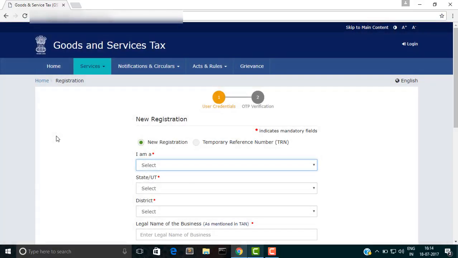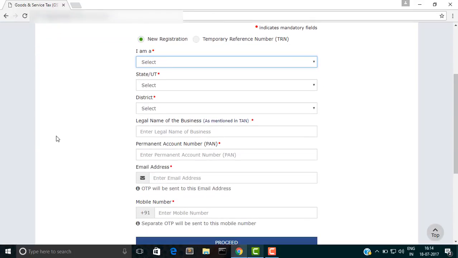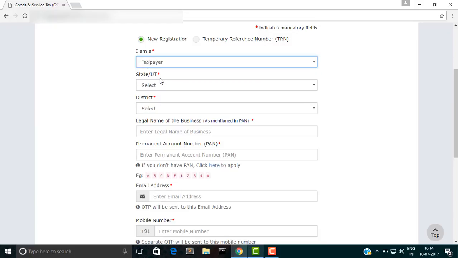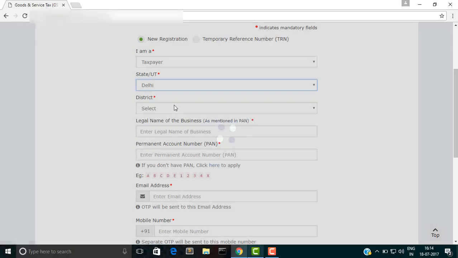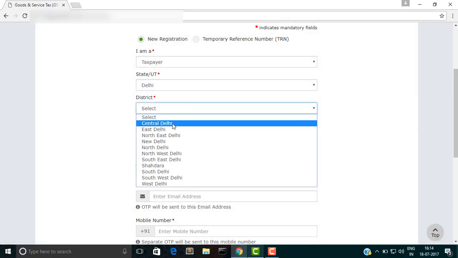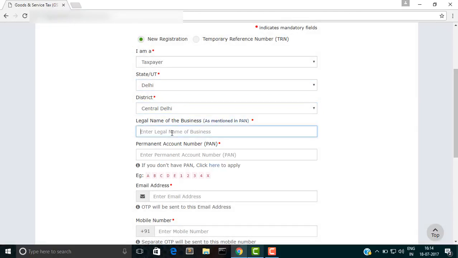Once you click that, a new form opens. So as you can see here, you choose this radio button to opt for a new registration. Let's say you're registering as a taxpayer in the state of Delhi. Choose your district, enter the legal name of your business, enter your PAN number,